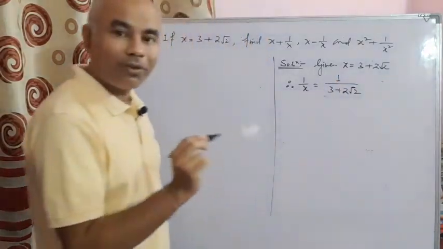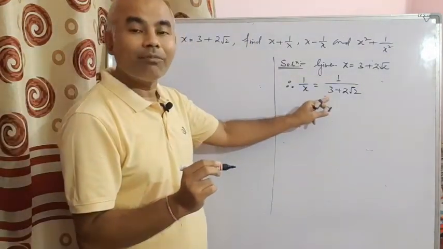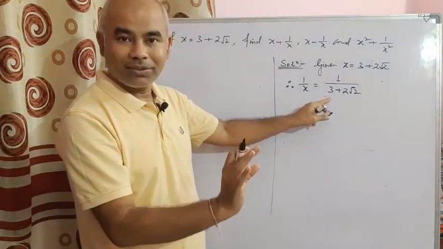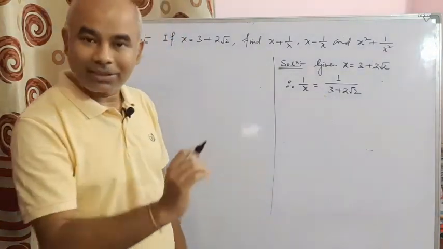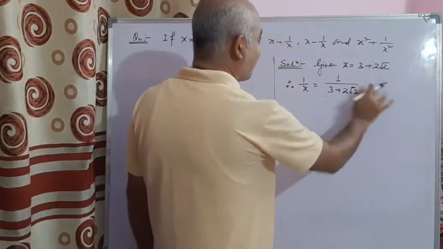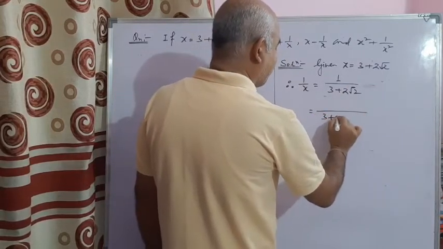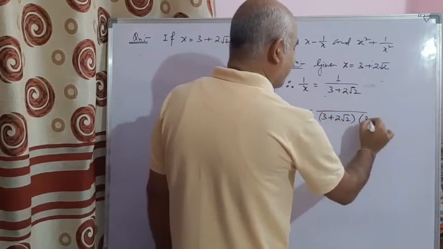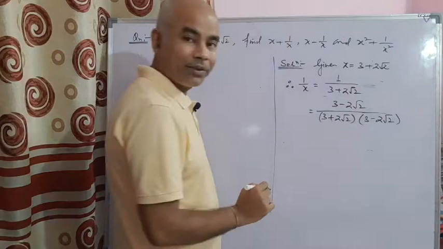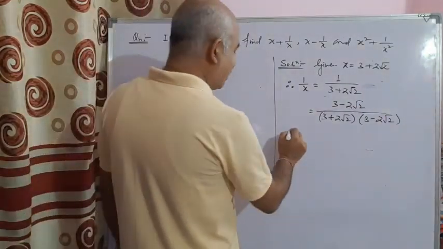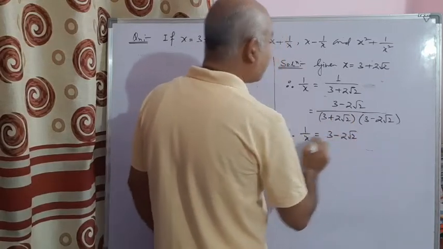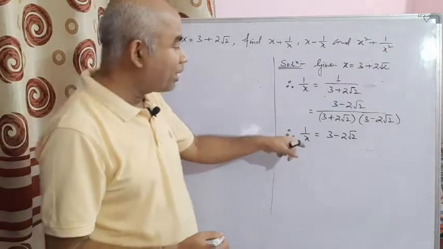Just keep one thing in your mind, that whenever I have an irrational number in the denominator, before going to solve my question, first I need to rationalize it. Okay, so if I rationalize, I already discussed it. If I multiply this 3 plus 2 root 2 by its rationalizing factor 3 minus 2 root 2, that same factor I have to multiply here. Okay, so I will not repeat the calculation, so I directly write it down, because this I have done already. So it will be 3 minus 2 root 2,